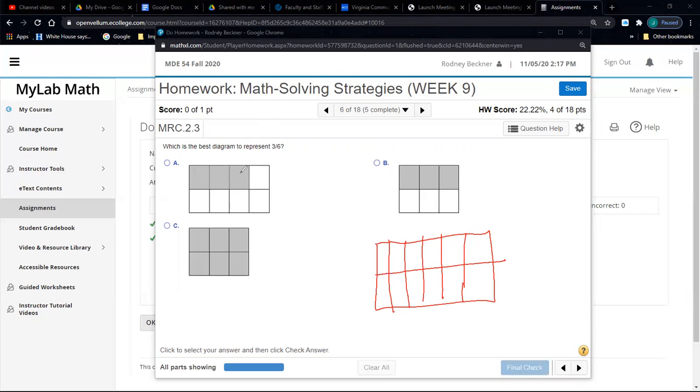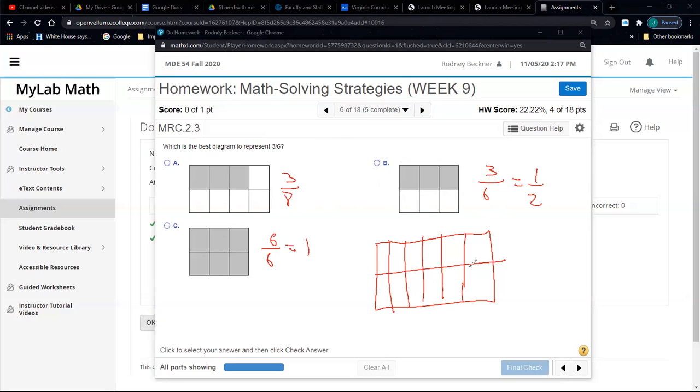So this would be 1, 2, 3 out of 1, 2, 3, 4, 5, 6, 7, 8. So that would be 3/8. This, there's 6 shaded out of 6 combined, so that's 6 over 6, which would reduce to 1. Whereas this, we've got 3 shaded, that's the part, out of the whole 1, 2, 3, 4, 5, 6. Now, yes, as a reduced fraction, that would be a half, but they just want to know how to represent